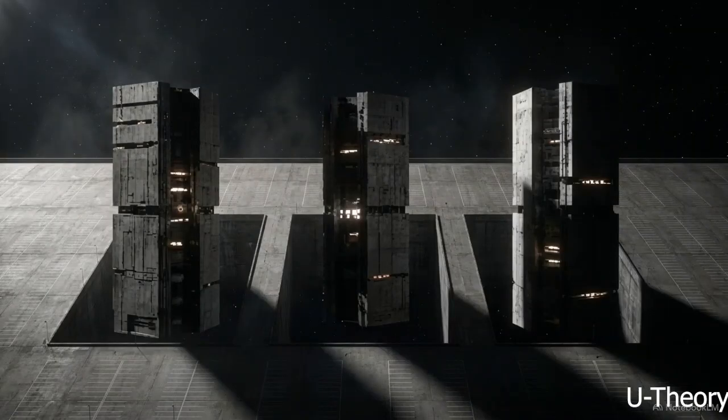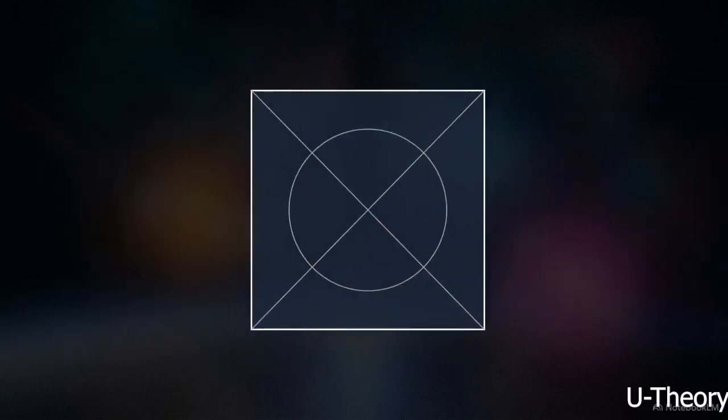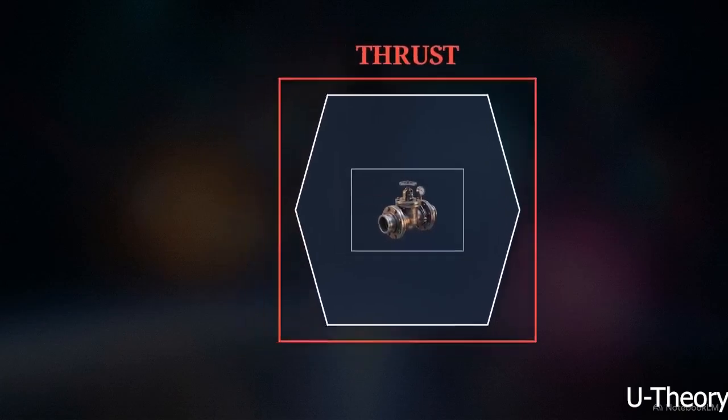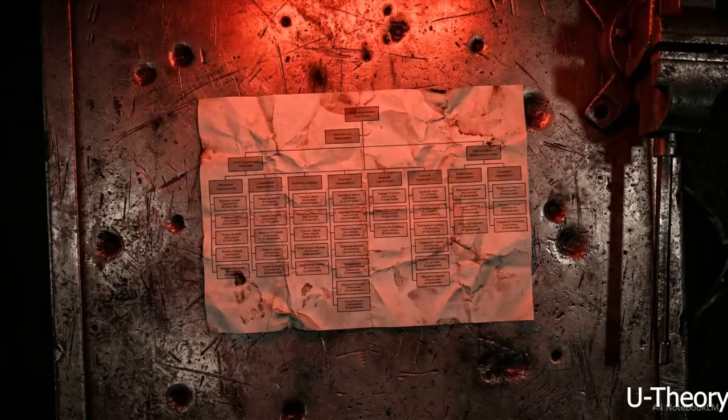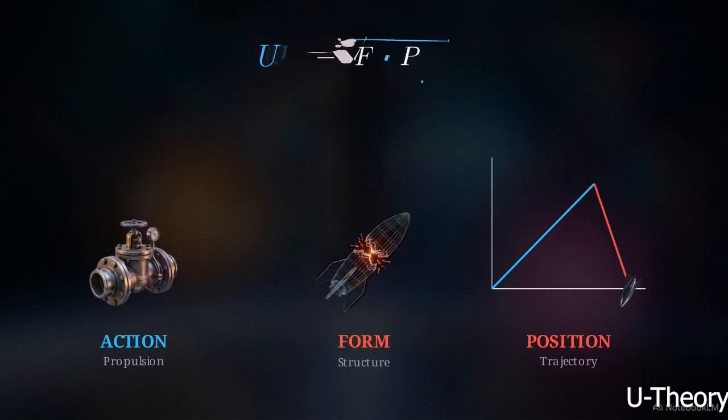Historically, aerospace engineering attempted to solve this by dividing the vehicle into isolated departments. You put the structural team in one building to worry about the hull, the guidance team in another to track the trajectory, and the propulsion team down the hall to maximize the thrust. The problem is that the universe has no interest in our organizational charts. In a dynamic flight environment, a microscopic vibration in a propulsion valve becomes a structural failure, which instantly becomes a